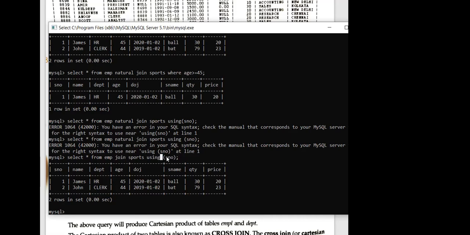Then after using, you can give your common column name. Even you can see over here, now it is the example of your natural join, and therefore you can see that the serial number has been given only one time. Is using also clear? If using is clear, then only we will discuss on. Yes.